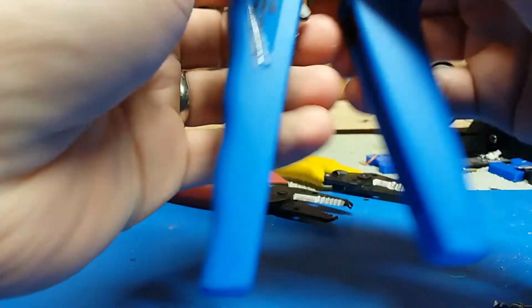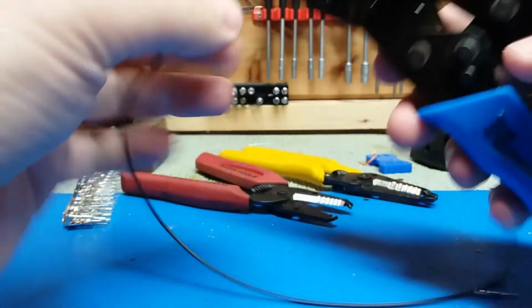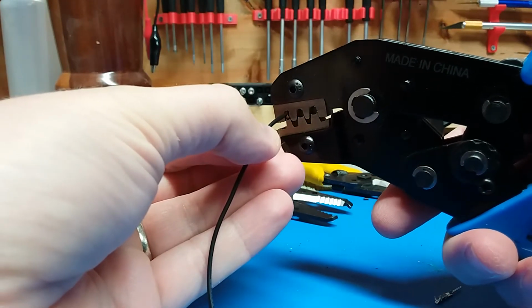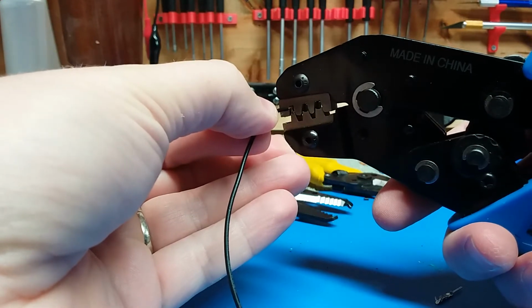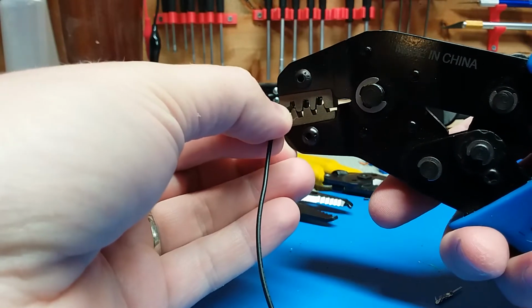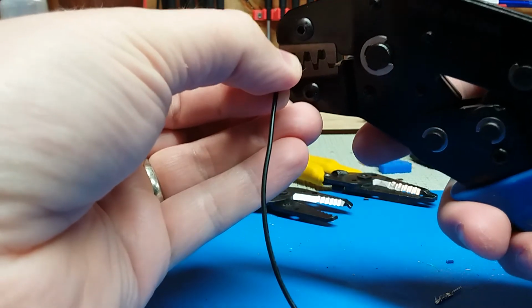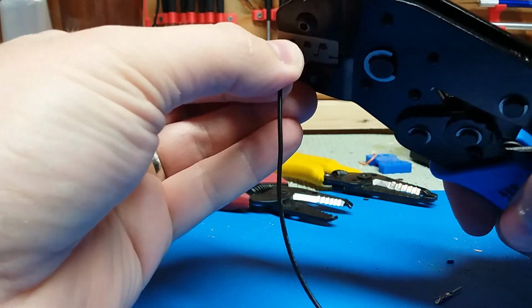There's a hole. Now this is the part where I hold my breath, because I have to put this wire through and get it in the right spot, and then I'm just going to crimp this down. So here we go. I'm going to try to poke this in once, not touch the sides. Get it in. Oops. Try again. Oh, this one's giving me a little trouble. There we go. Okay, now it's halfway in, and I'm just judging this by eye. I'm not really measuring anything. But see, it's in there, and now if I crimp all the way down,